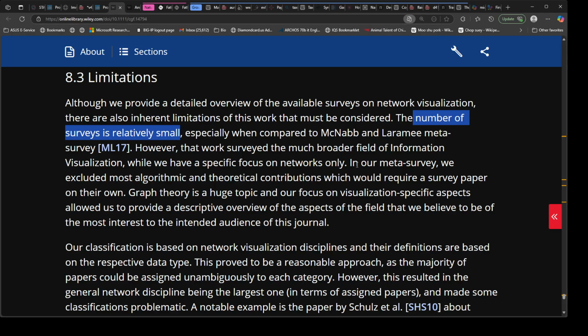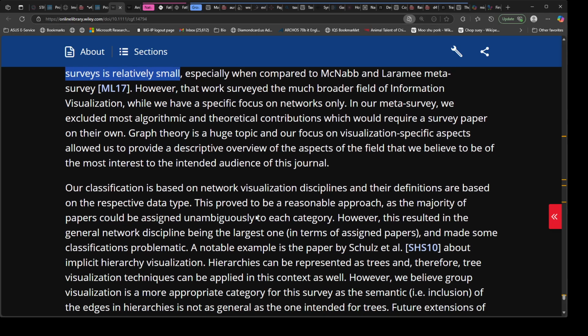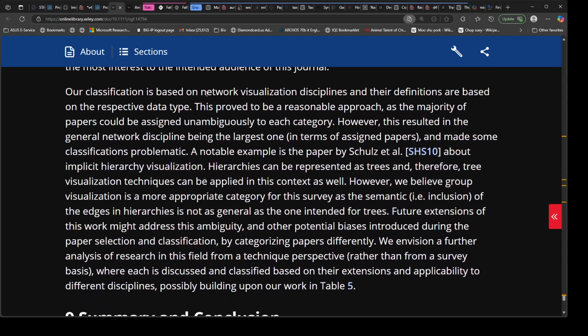Graph theory is a huge topic, and our focus on visualization-specific aspects allowed us to provide a descriptive overview of the aspects of the field that we believe to be of the most interest to the intended audience of this journal. Our classification is based on network visualization disciplines, and their definitions are based on the respective data type. This proved to be a reasonable approach, as the majority of papers could be assigned unambiguously to each category. However, this resulted in the general network discipline being the largest one, in terms of assigned papers, and made some